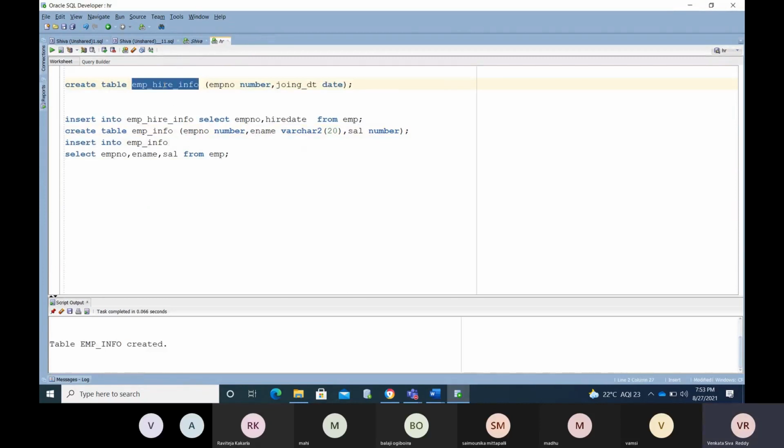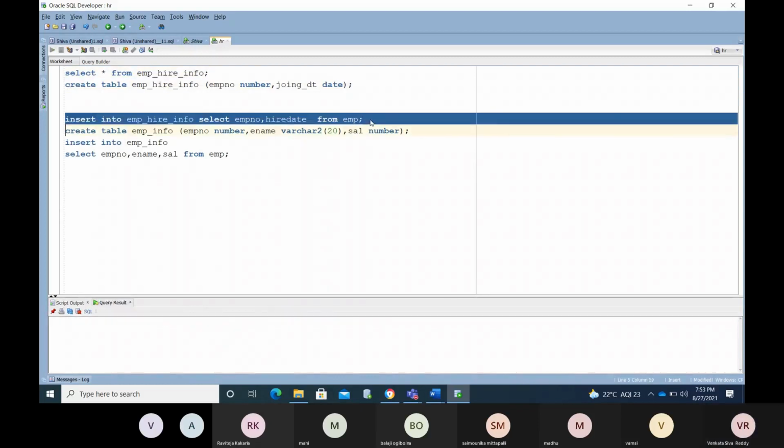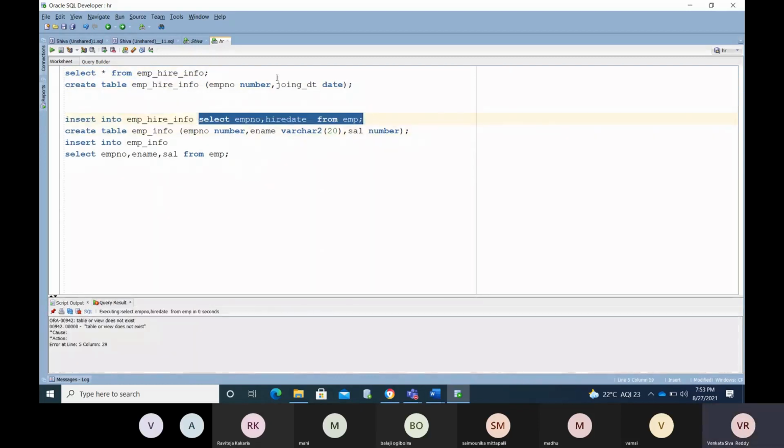See here, this table does not have any information. There is no EMP table in this.